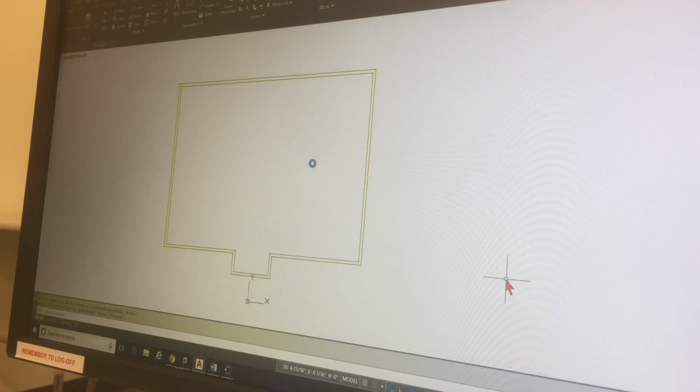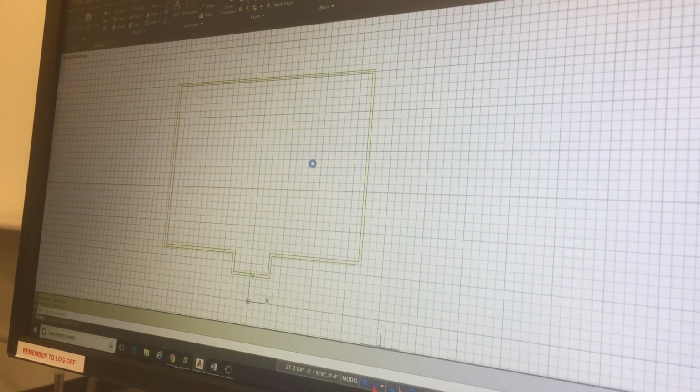Now I'll show you how to use AutoCAD. Now let me point out a couple things here. There's 2 commands here, which I almost told you to turn off: grid mode and snap mode. I'm just gonna explain what they are really quickly, because some of you have run into this already. If you start your line command, and let's say I click on a point,